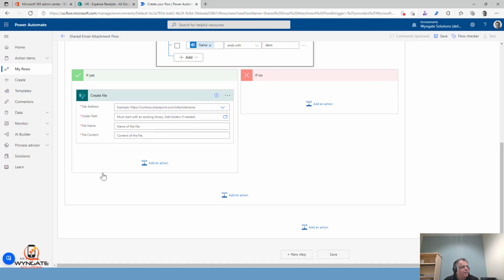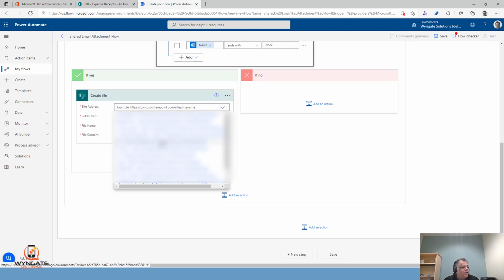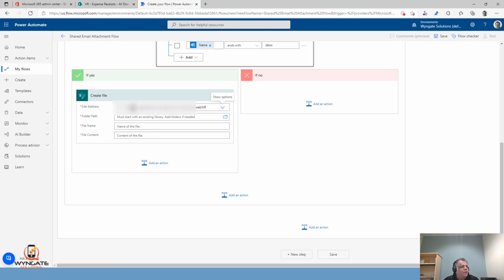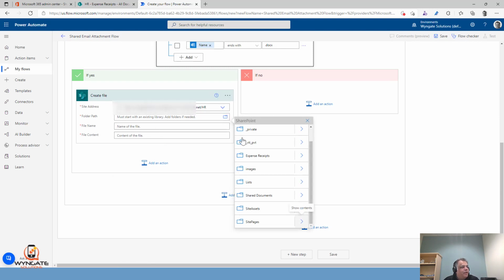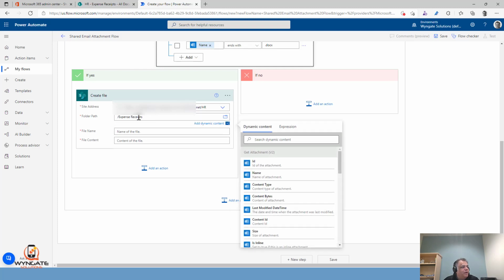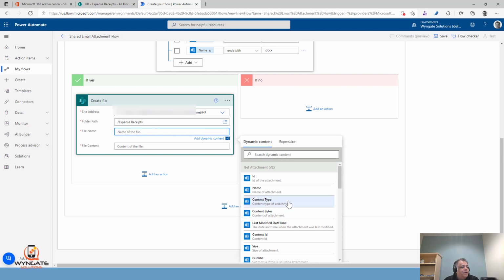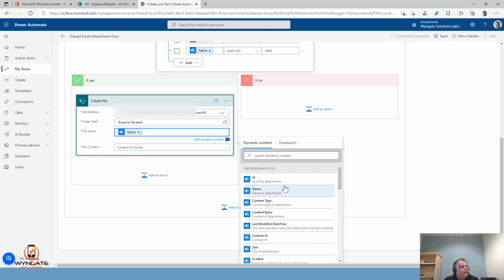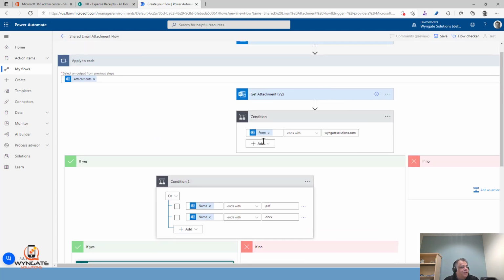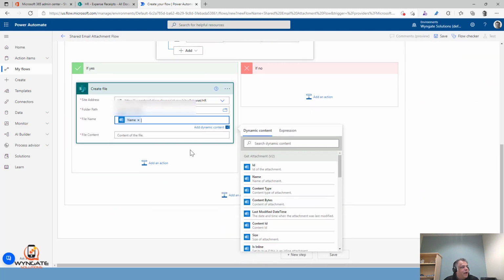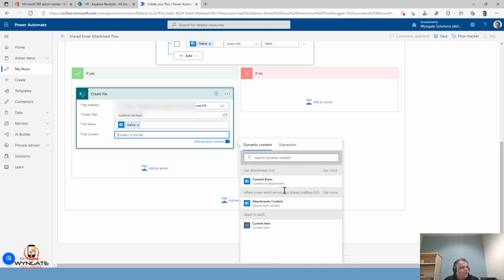So click on create file, and then I'm going to select the site where I need to store it, which is my HR site. And if you look at the folder path, there is a document library called expense receipts. Now for the name of the file, I'm just going to go with what I found in the get attachment action, which is over here, and the final step is